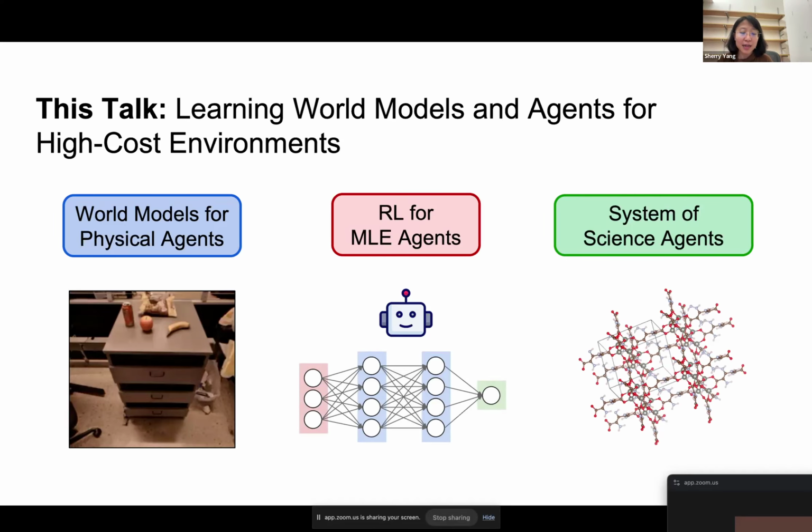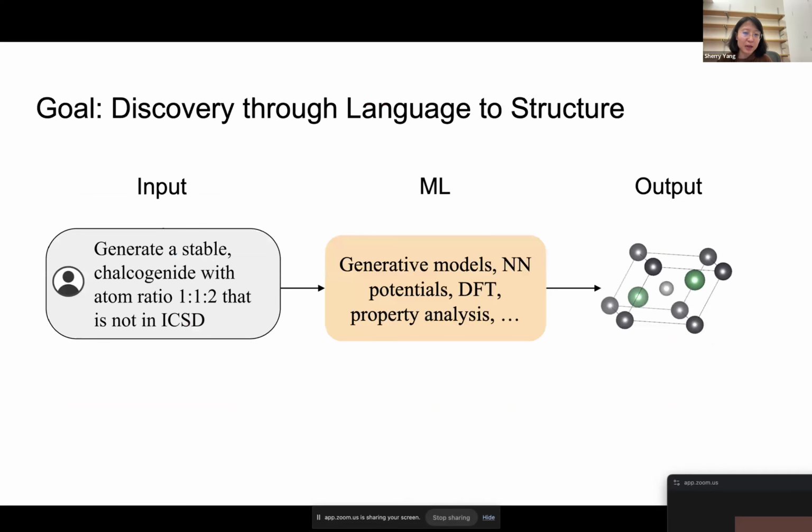So if you look at what people are doing in science, a lot of people are working on very domain-specific stuff, like developing computational algorithms for computing some properties and so on. Those are very low level. But thinking from a language perspective, which is what this seminar is about, one of the very useful tools for science will be this language to structure tool, where you input natural language, which is true for a lot of LLM applications.